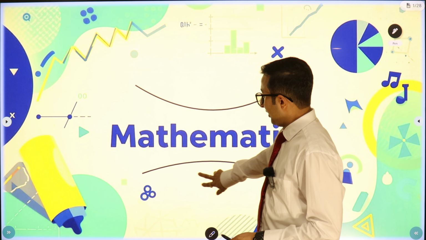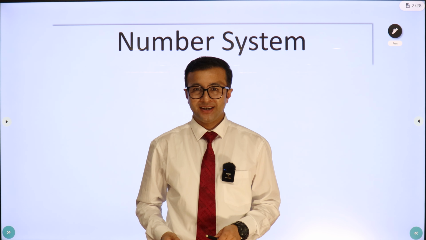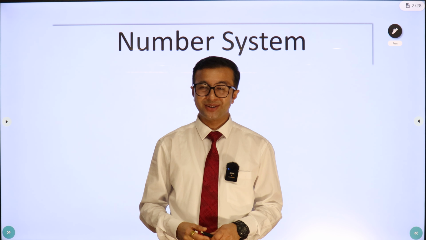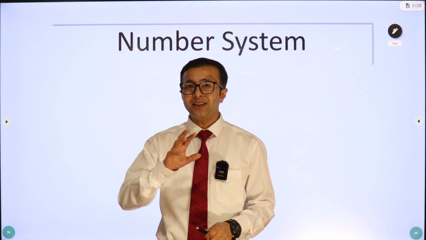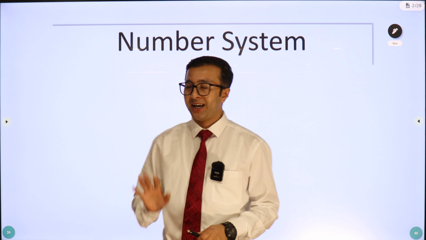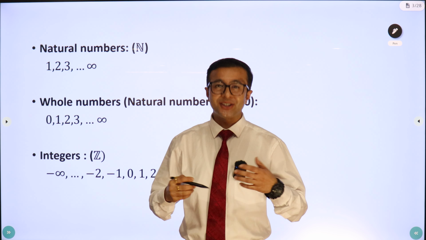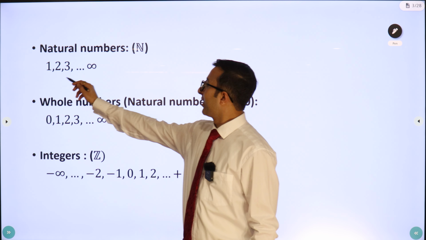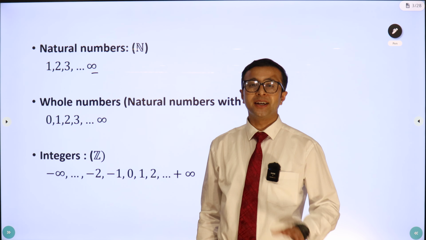In today's class, we are going to learn about the number system. First thing is that whenever we see something around us, definitely we'll start counting with the numbers 1, 2, 3 like that. The set of these types of numbers is known as the natural numbers, which occur naturally. You can see here 1, 2, 3, dot dot dot till infinity, but remember that infinity is not a